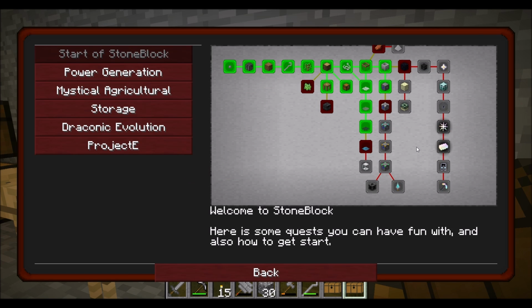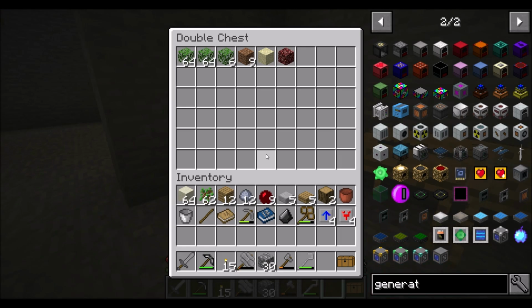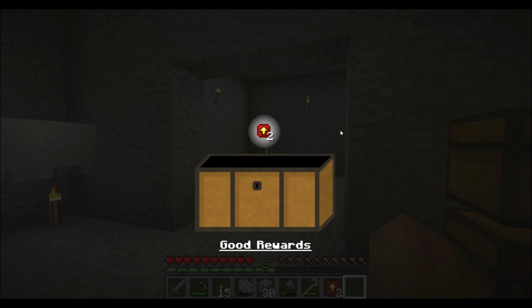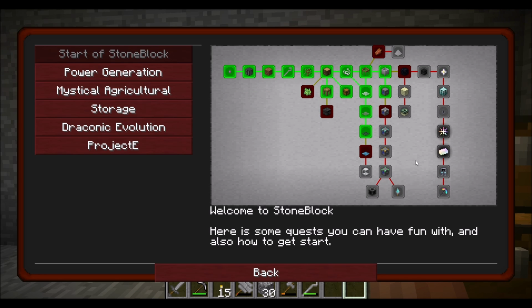Was there anything else I accidentally completed while I wasn't paying attention? I think that's it. So I got the overclocker and transform upgrades from IC2. So if we get into IC2, we have those. Those are nice. And more speed upgrades, which is also a good reward. Awesome. All right, so with that taken care of, our next objectives are to get into diamond mesh, and diamonds